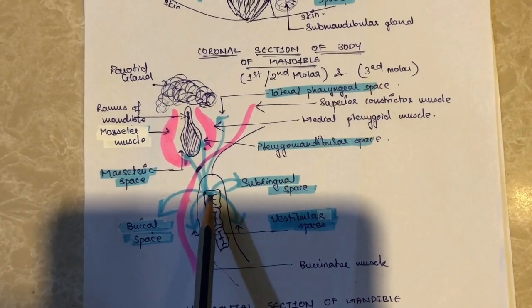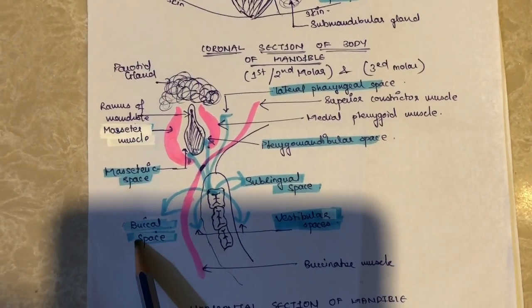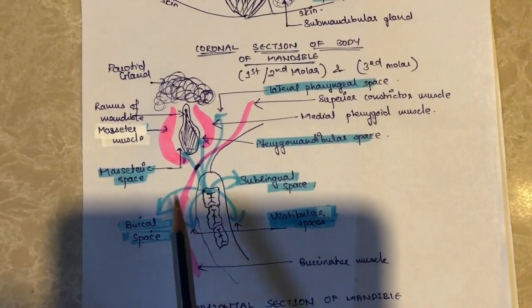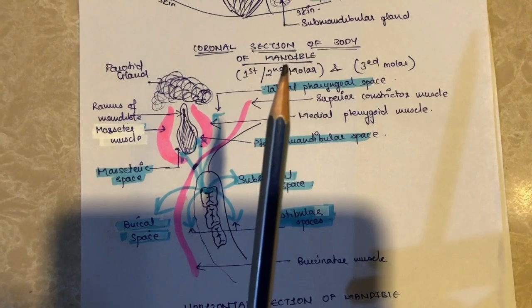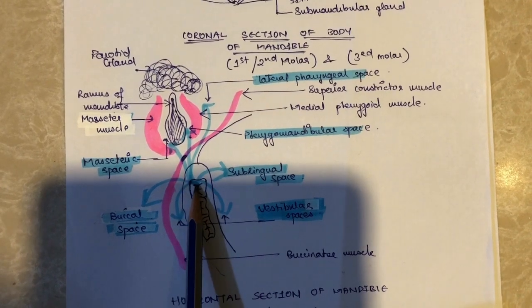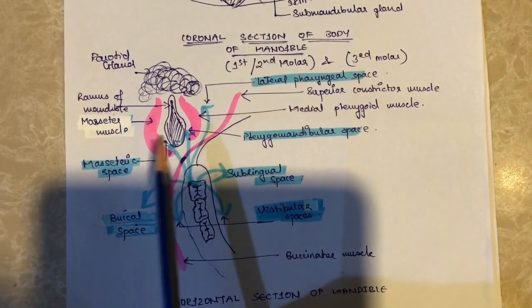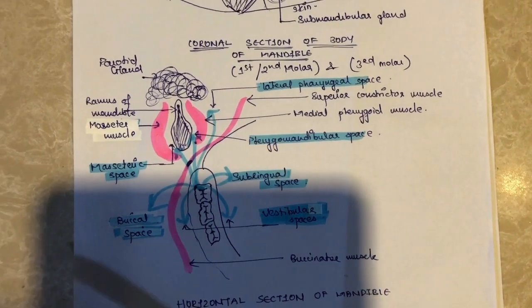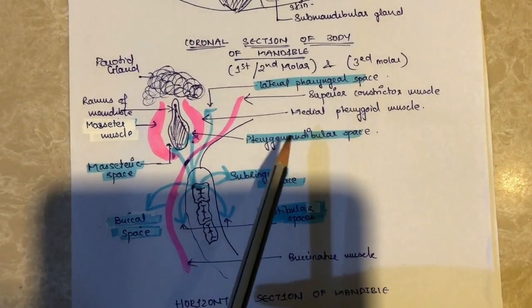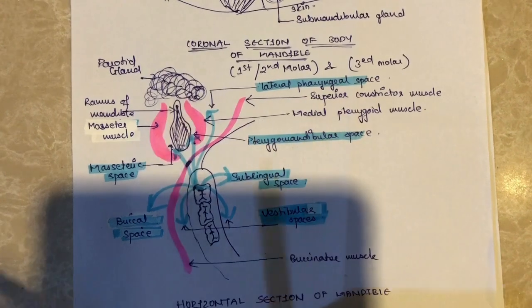So if the infection pierces through the buccinator muscle, it may go into the buccal space. We have talked about this in the coronal section. So this all is same as the coronal section, this one. Then this third molar infection may also spread into the masticatory spaces. Masticatory spaces are the masseteric space and the pterygomandibular space. The most common space infection seen in third molar is the pterygomandibular space infection. So this may come up as an MCQ to you guys.